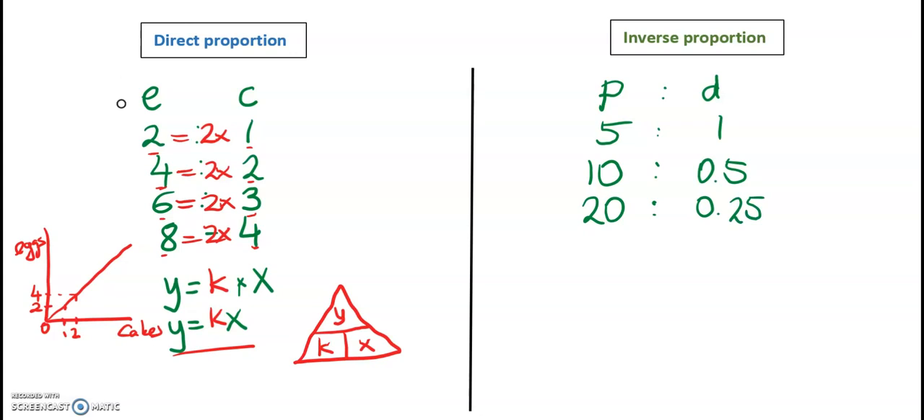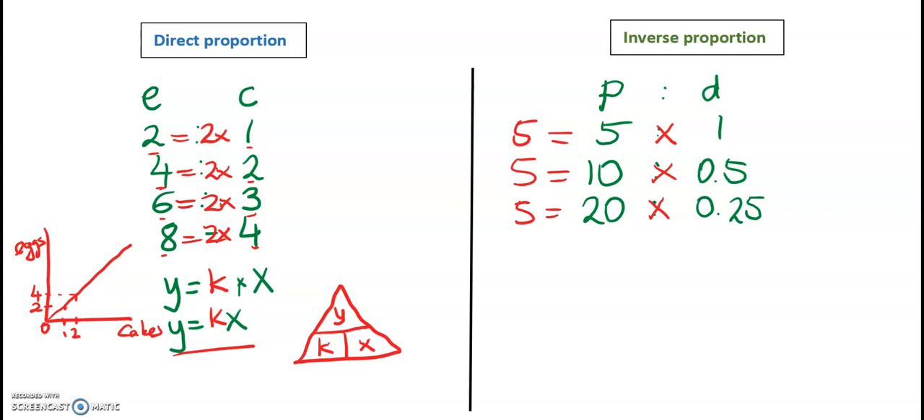So now looking at the numbers, is the same thing happening here as it happened in direct proportion? Do we have a constant value in the middle? No. So 5 times 1 equals 5. 10 times 0.5 equals 5. 20 times 0.25 equals 5. So that constant value is 5 now, and it's not a number you multiply by the x to get y,